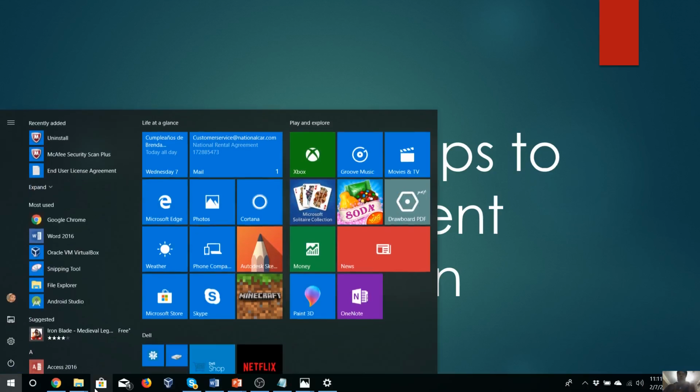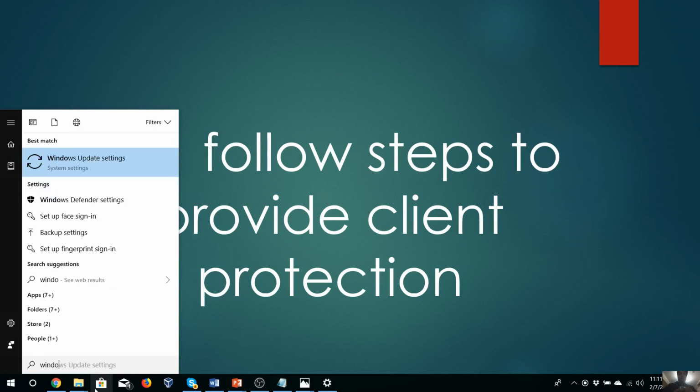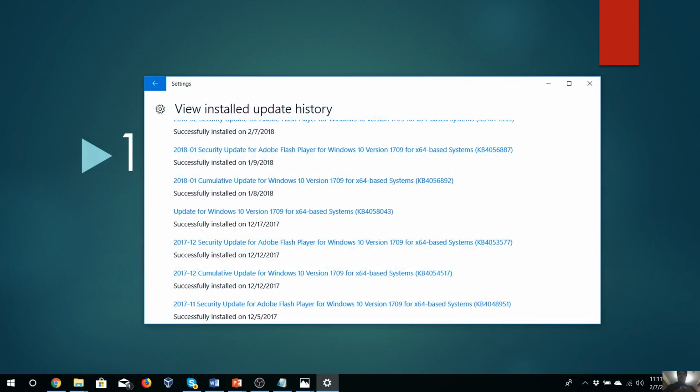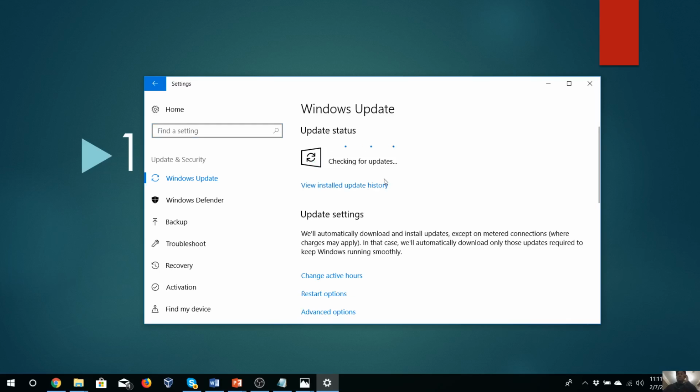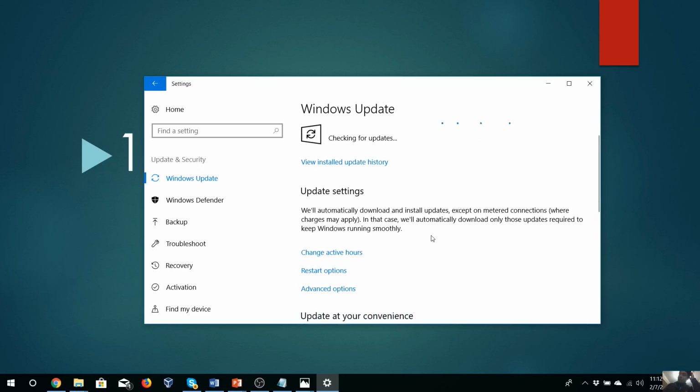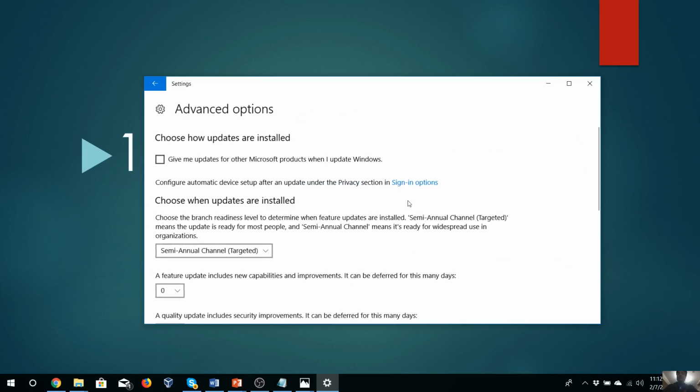So first, go to Windows. If you have Windows 10, you will use Windows Update Settings. Click, and you will see the option to check for updates. You will wait just a little bit, but as you can see, a few minutes ago I already made those updates. While we are waiting, we can go to advanced options, and this is very important because